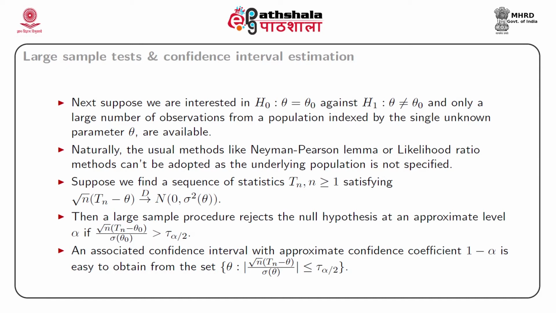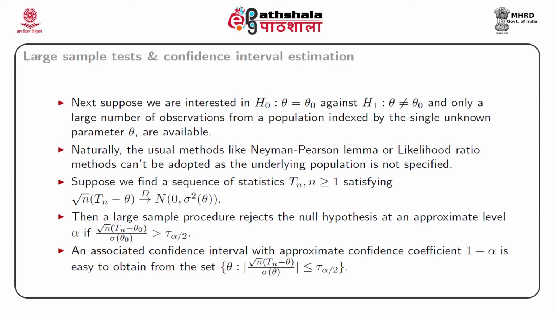Keeping in mind this large sample normality of Tn, a large sample procedure can be developed which rejects the null hypothesis at an approximate level alpha if square root of n multiplied by (Tn minus theta naught), divided by sigma theta naught, where sigma theta is the asymptotic variance and theta is the true value, and we are just replacing theta by theta naught since theta naught is specified under the null hypothesis. If the absolute value of this statistic exceeds tau alpha by 2, we reject the null hypothesis at an approximate level alpha. Naturally, an associated confidence interval with approximate confidence coefficient 1 minus alpha is easy to obtain from the set